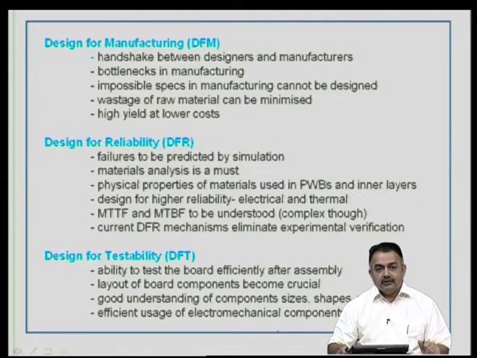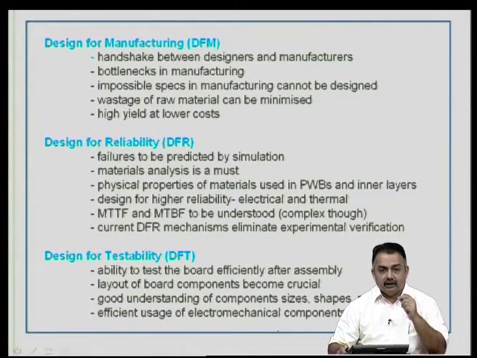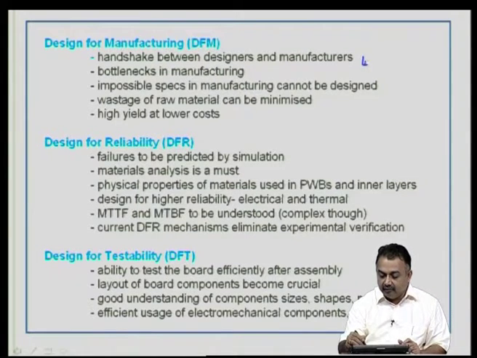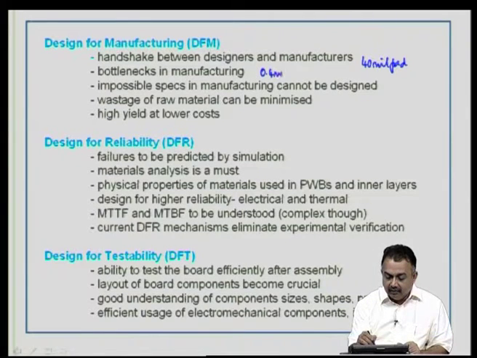Now, some of the important issues that you have to think about in DFM will be, there should be a constant handshake between the designer and the manufacturer before you really finalize your project. Bottlenecks are there in manufacturing, therefore, you have to consider those when you design, when you assign a particular pad. For example, if you want to create a 40 mil pad of a particular shape, then make sure that your manufacturer is able to do that. Now, another example I can give is, you want to make a 0.4 mm PCB, a very thin PCB.